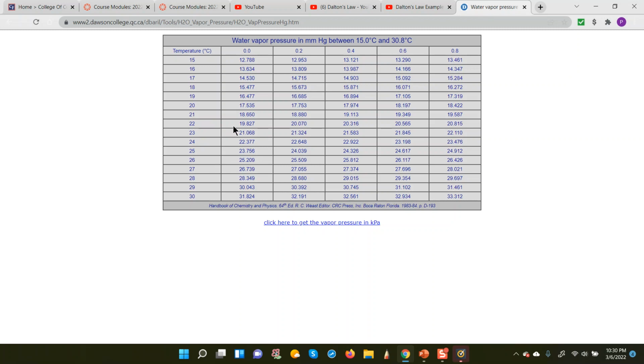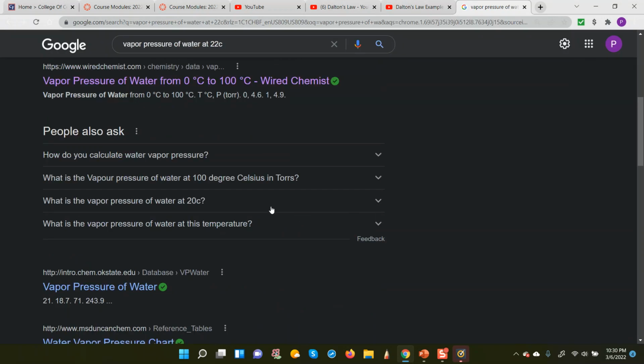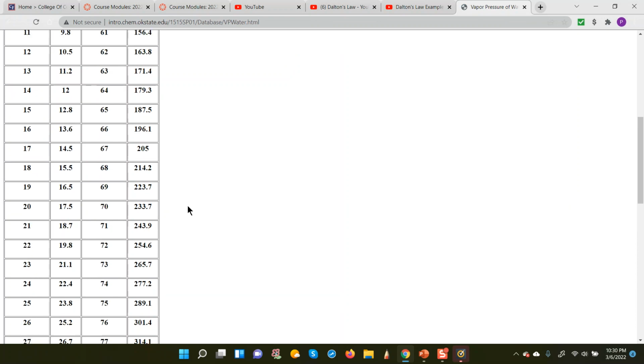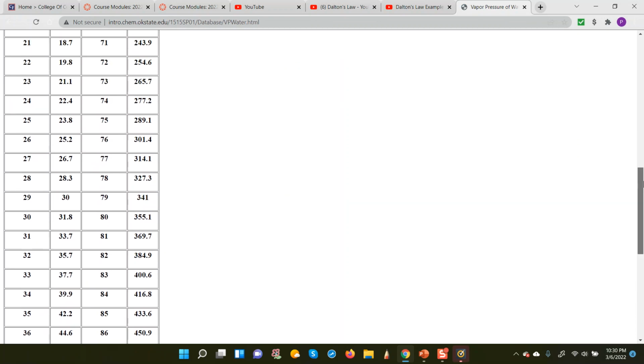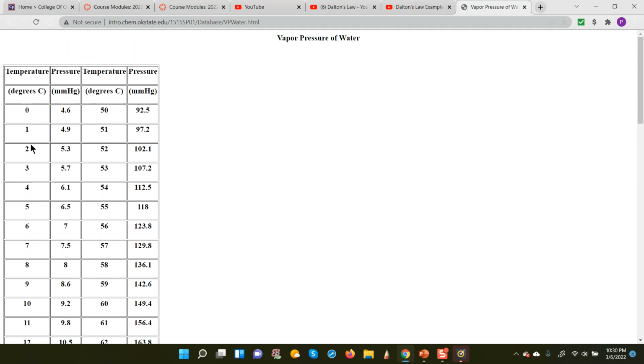Okay, I'm wondering what. Okay. Let me try another source. Okay. So the vapor pressure of water at 22 degrees is 19.8 millimeters mercury. All right. Okay. So